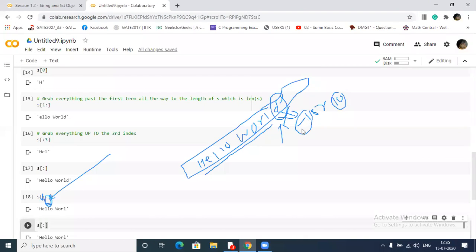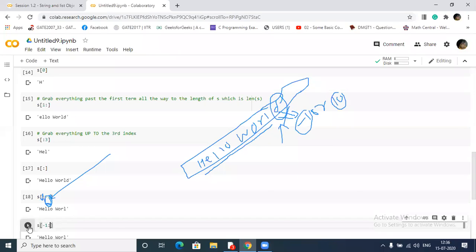What is simple? Go from -1 and upper bound will not be printed. So you can write here -1, and upper bound is not included. Since upper bound, what is this?